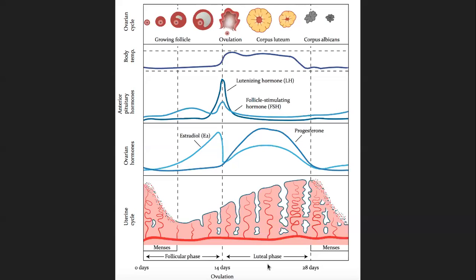So the next graph that is being shown is the ovarian hormones, that is estrogens and progesterone. And estrogens is a group of hormones. In that, one of them is estradiol, which is one of the important estrogens. I don't remember exactly what those different estrogens are, but I will get back to you on that. I can't recollect. So one of the estrogens is estradiol, which is shown here as E2 as well.